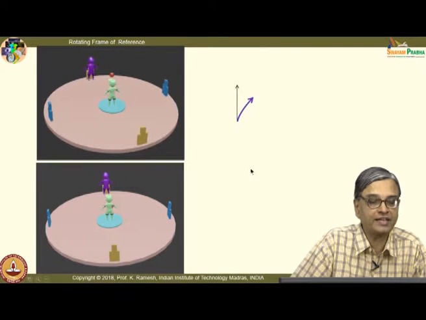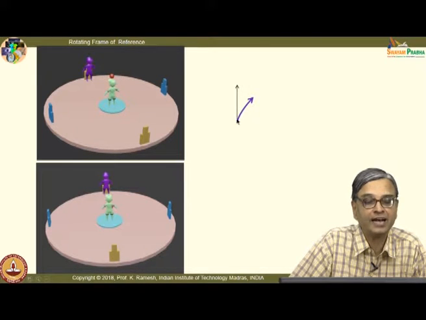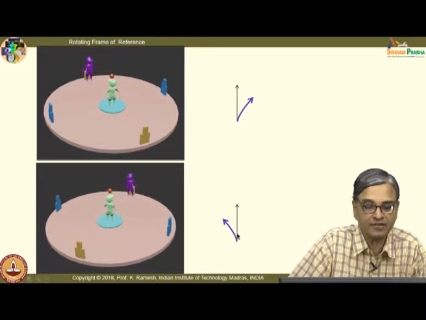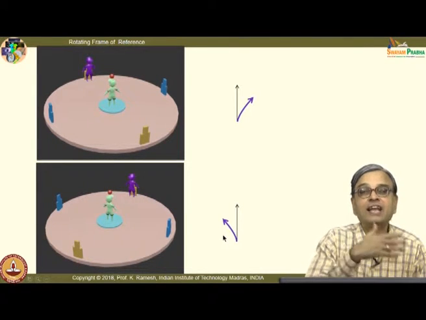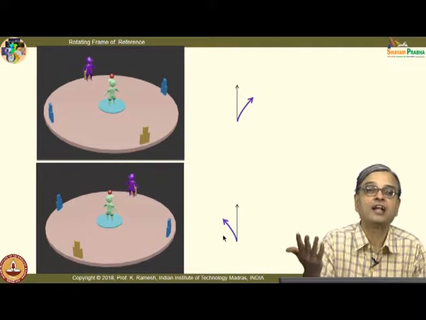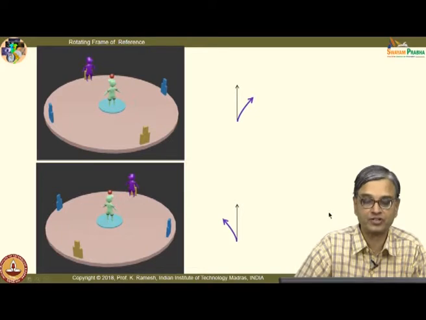And you could also see here, from the rotating platform, we are sitting on the rotating platform and viewing it, and we see the deviation to the right when it is anti-clockwise. When it is clockwise, the deviation is to the left. So, this translates into cyclones having anti-clockwise and clockwise motion in the northern and southern hemispheres.